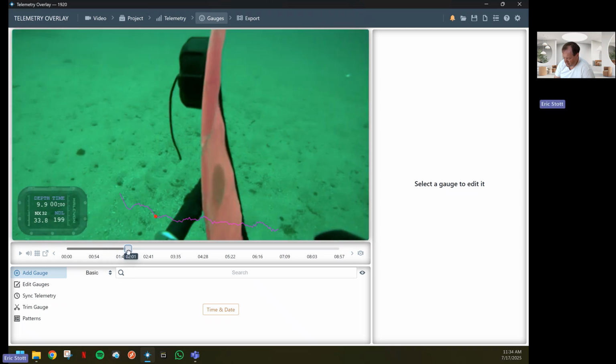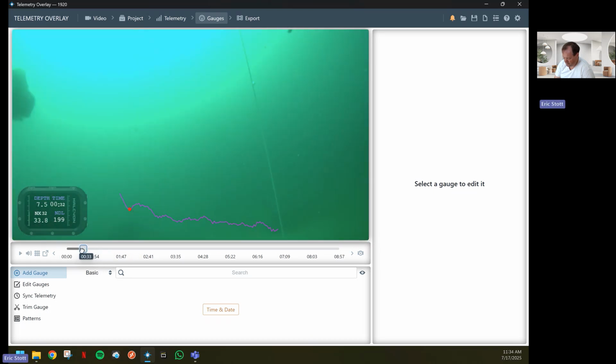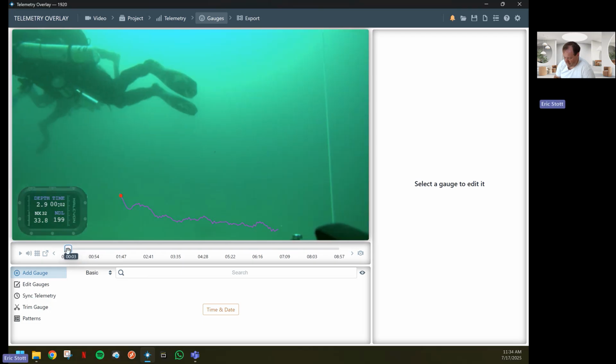The video doesn't match the log just because I don't have a file that matches. Once that is done, it is ready to be exported. You'll notice that it's giving the nitrox maximum depth in metric, and this is using a PPO2 of 1.4 to calculate this